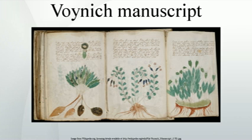The counter-argument is that almost all cipher systems consistent with that era fail to match what we see in the Voynich manuscript. For example, simple monoalphabetic ciphers can be excluded because the distribution of letter frequencies does not resemble that of any common language. While the small number of different letter shapes used implies that we can rule out nomenclator ciphers and homophonic ciphers, because these typically employ larger cipher alphabets. Similarly,